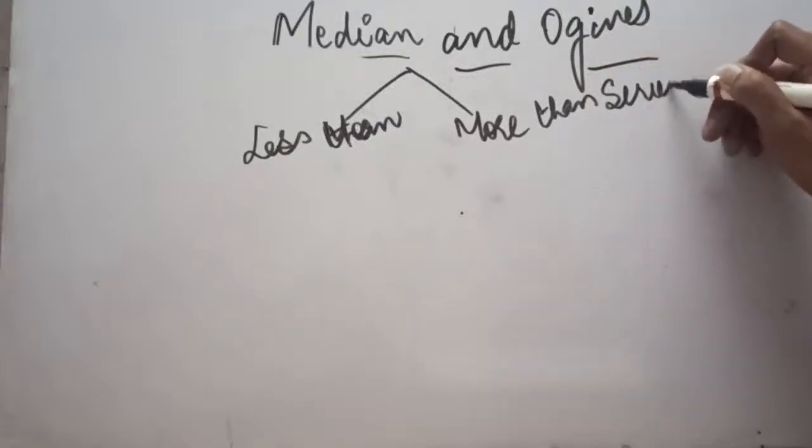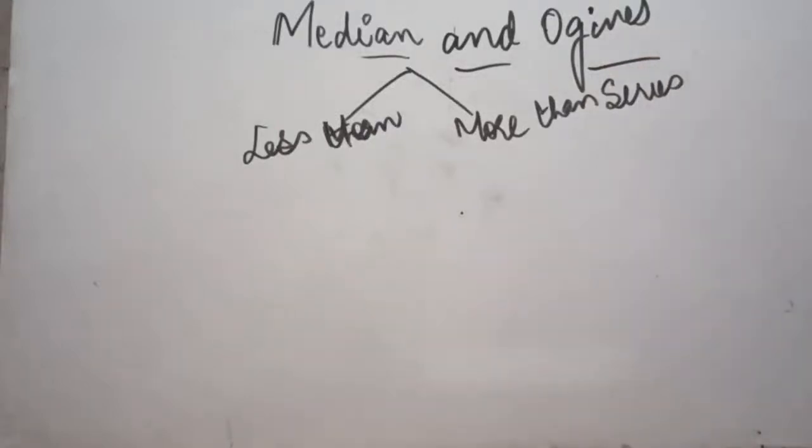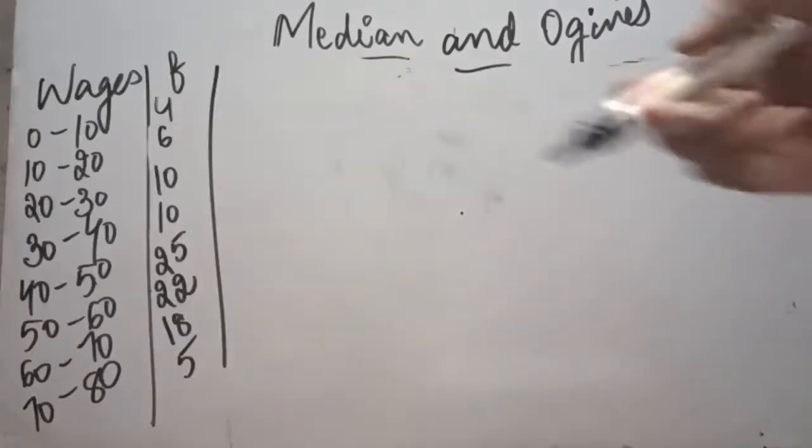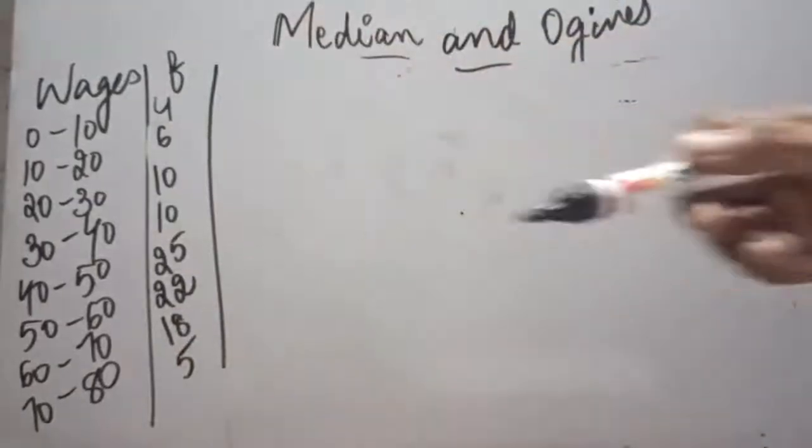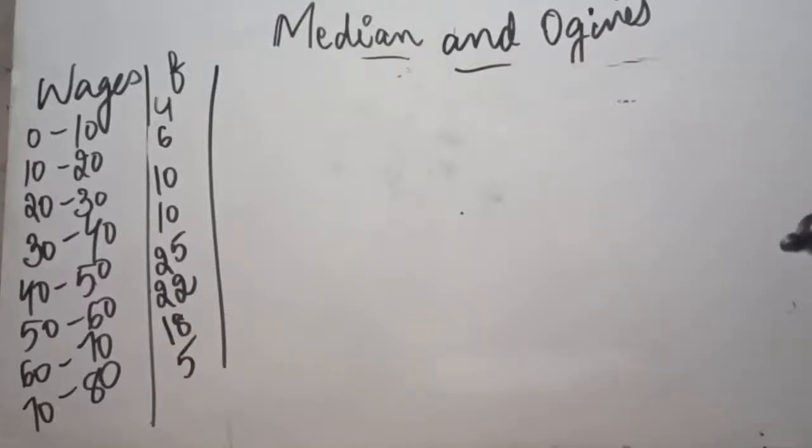So if any question in a simple format has been given to you, either you can convert the question into a less than question and then plot the points on the graph, or you can make the question a more than question and then plot the points on the graph. With the help of one example, let us see how the question is converted into less than and more than. It is a practical example in which wages and frequency have been given, and you have to plot the median graphically. You have to solve the question graphically.